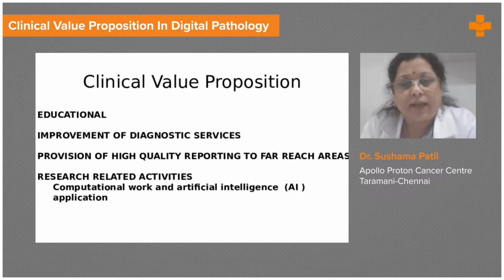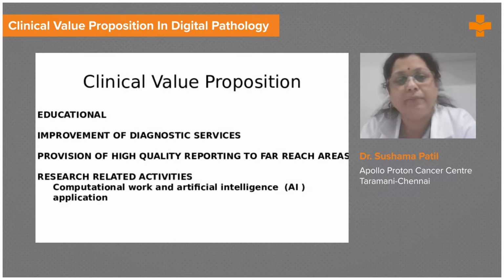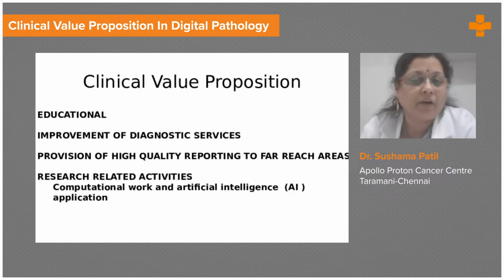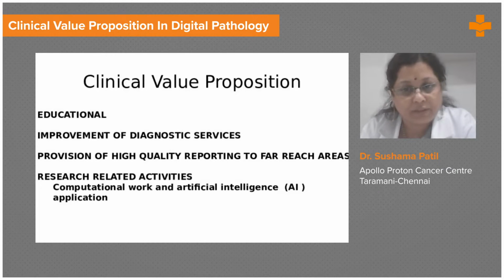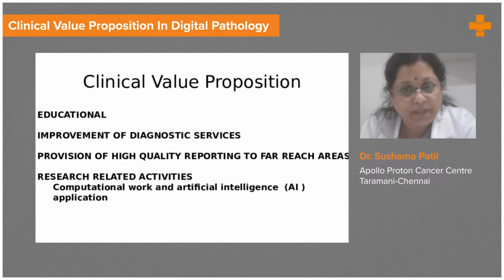And if you look at the value chain proposition, we were wondering, how do we go about creating value in digital pathology? Then I thought it could be easily divided into 4 different areas. One would be educational empowerment and improvement in educational services, thus improving the quality of the pathologists coming out. And second would be in the area of improvement in diagnostic services, where we can differentiate Apollo Hospitals by providing subspecialty or super specialty diagnostic